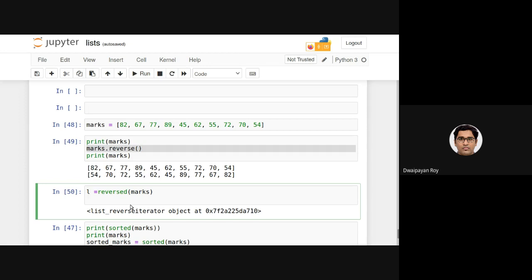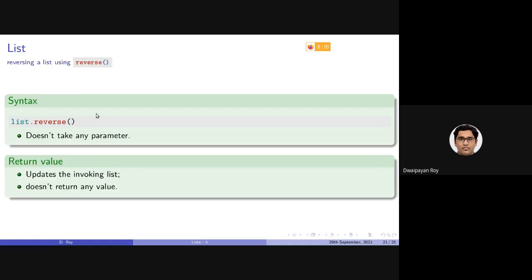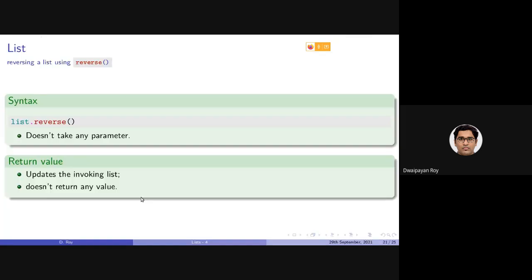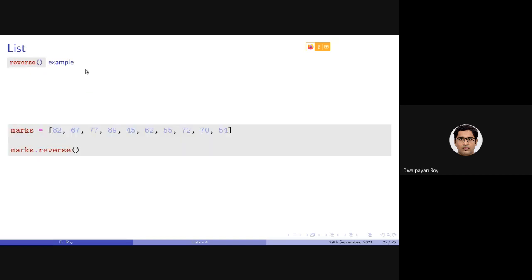Basically we can just simply iterate. To just show you the type, it is basically a reverse iterator. So the relation between sort and sorted is similar to the relation between reverse and reversed. Okay, but in most cases, reverse will be applied, not reversed.